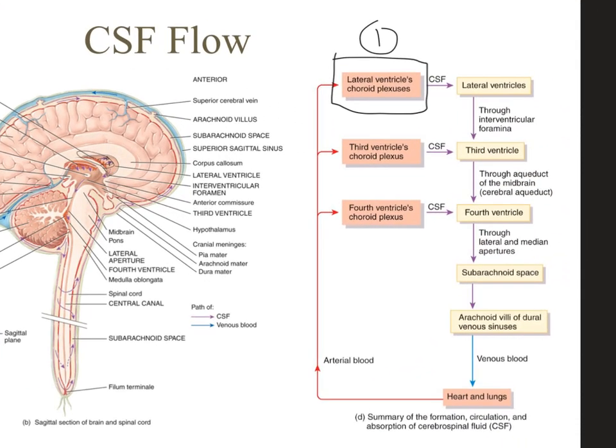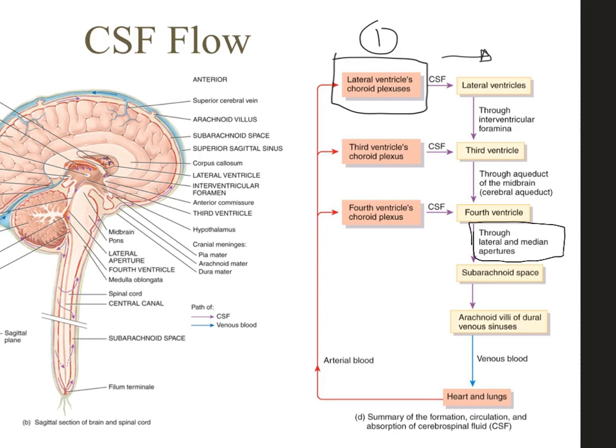So we start again at the lateral ventricle. The choroid plexus is making CSF. It is going to the lateral ventricles, down through the interventricular foramina. So again, remember, foramina is plural for these holes, into the third ventricle. From the third ventricle, it passes through the cerebral aqueduct that lies within the midbrain, down into the fourth ventricle through the foramen of Luschka and the foramen of Magendie. These are also known as our lateral and median apertures. Then to the subarachnoid space, and we're now out of the brain into the spinal cord,